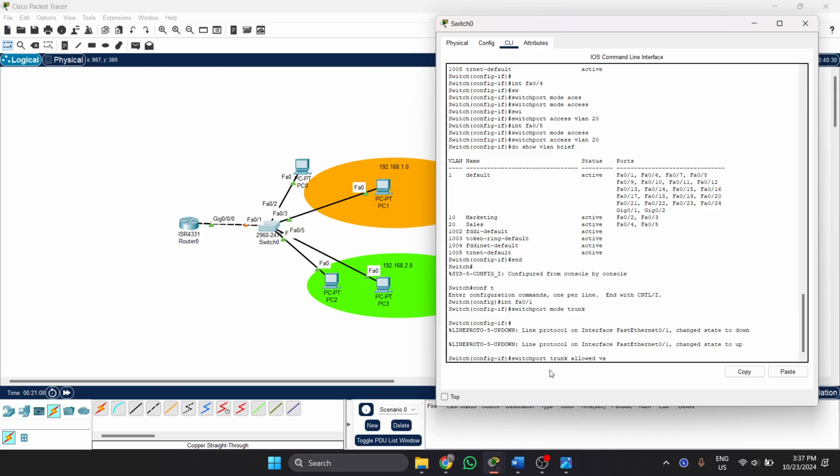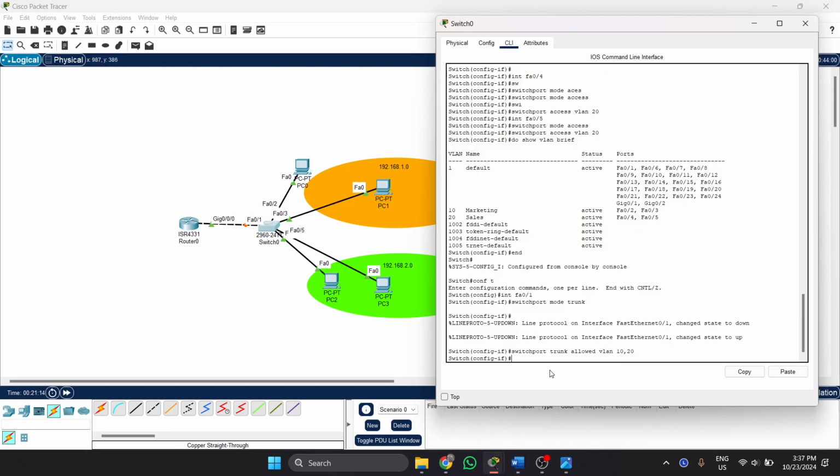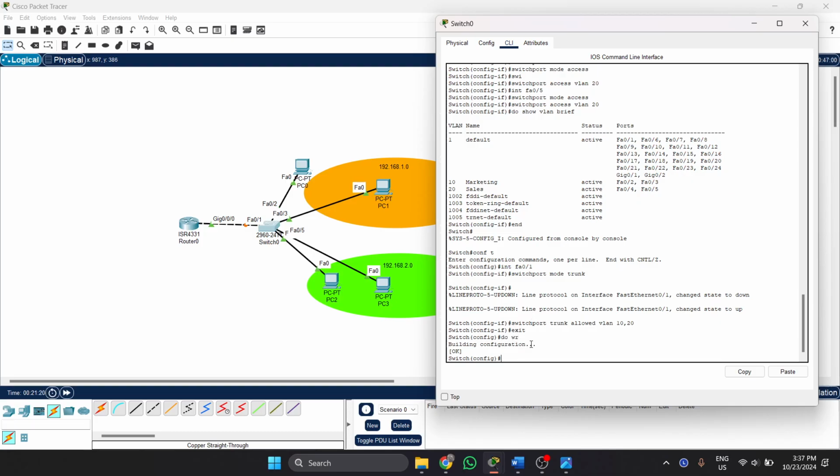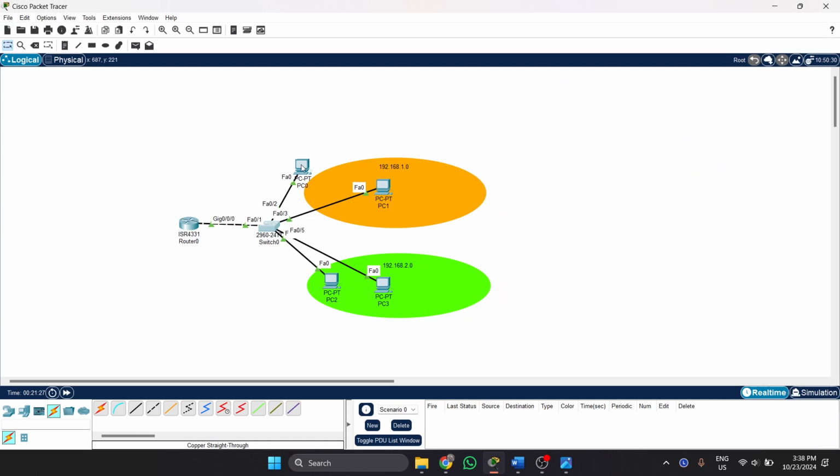So we're saying which VLANs are allowed: VLAN 10, 20. And then we'll go exit. And we'll say do write, just write to memory, so that when we start up the lab again, all our settings will be saved. And now if we did everything right,